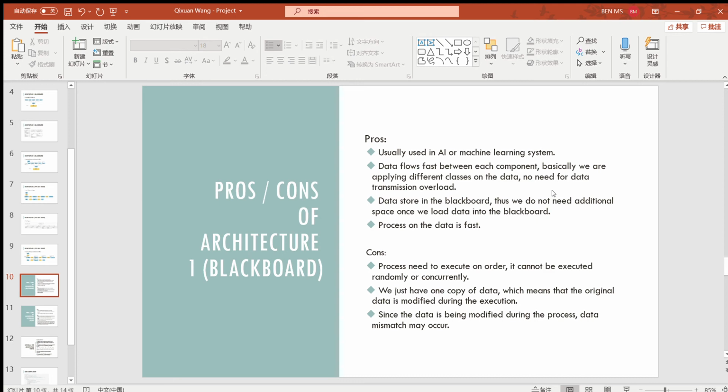Another advantage is that the data is stored in the blackboard, so we don't need additional space once we load the data into the blackboard. It saves us some space, and the processing on the data is also fast. But the disadvantage is that